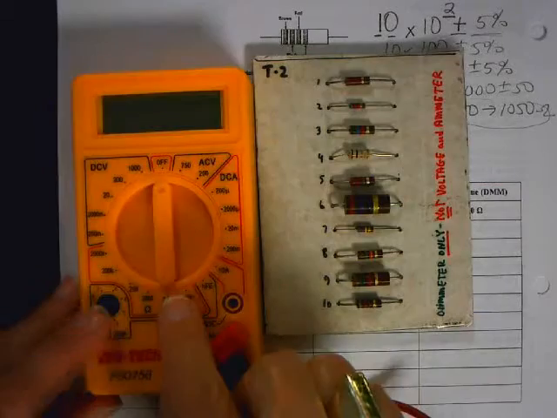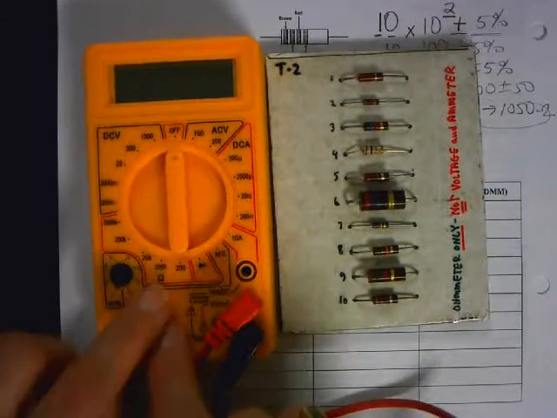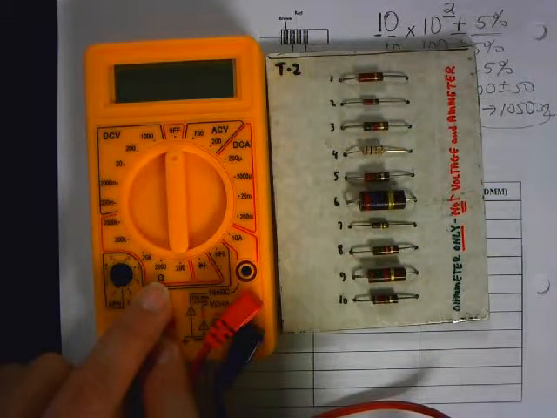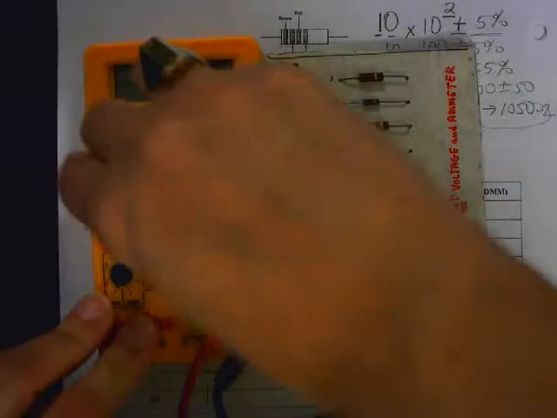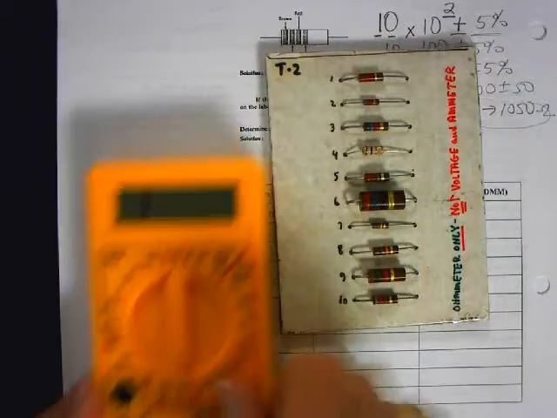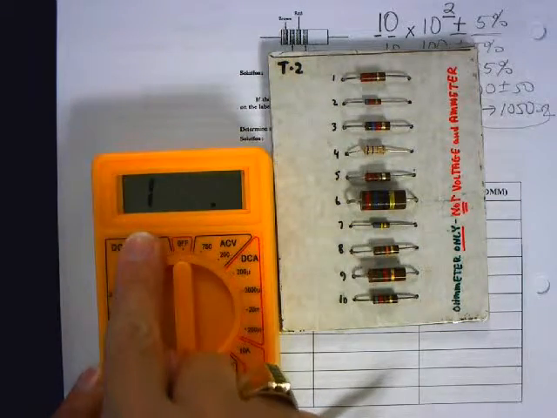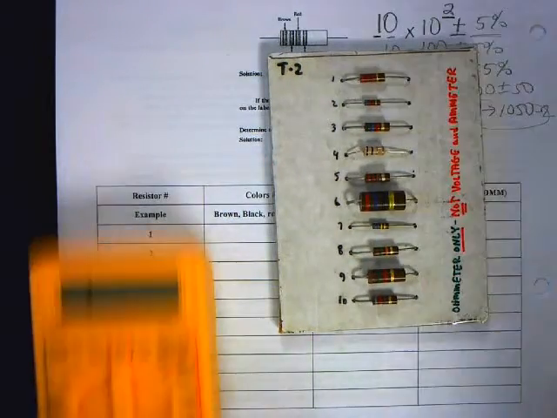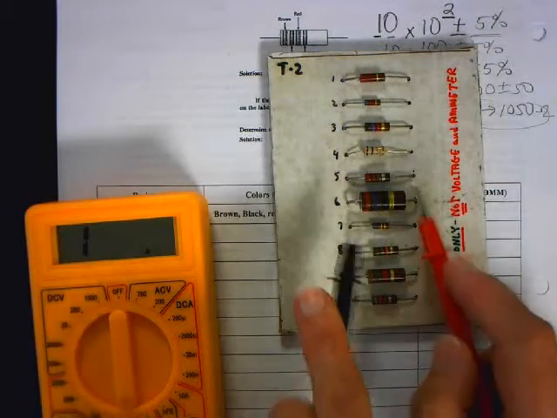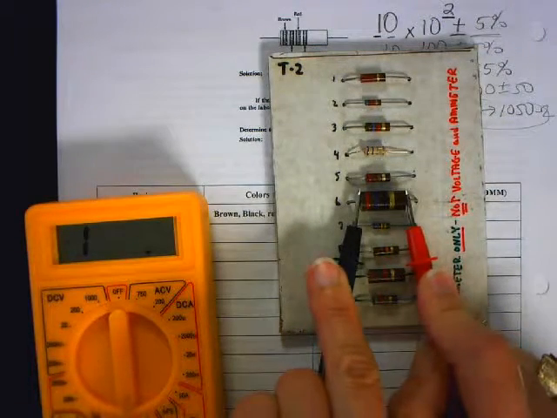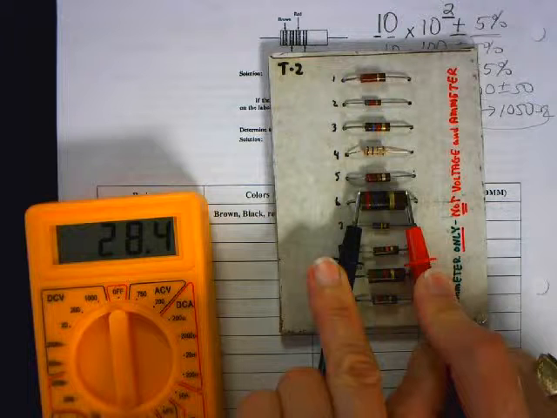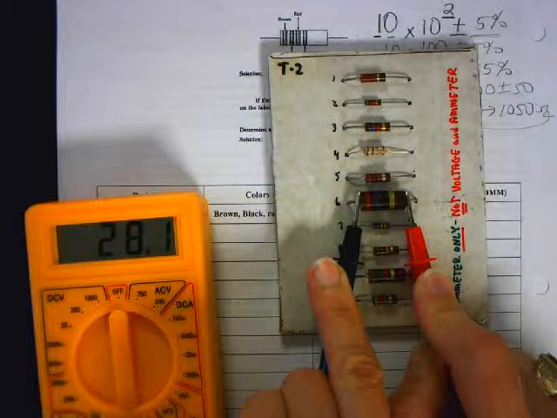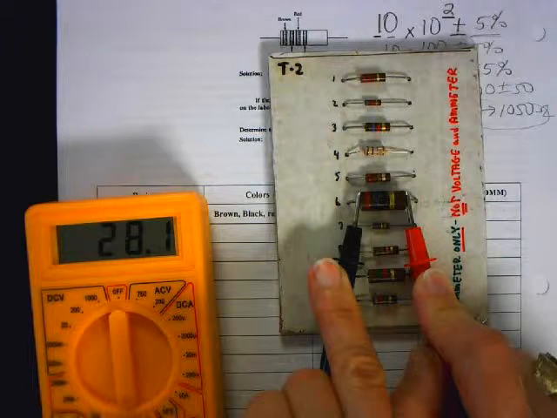Now, we already learned how to use a digital multimeter, so the setting is going to be down here where it says ohms. So I'll start off just like on the 200, which is the lowest setting. Remember, 1 means I'm out of range. Then I'm going to take my leads and I'm going to put them on the end. Now you see how I have a reading. So it says 28.1,